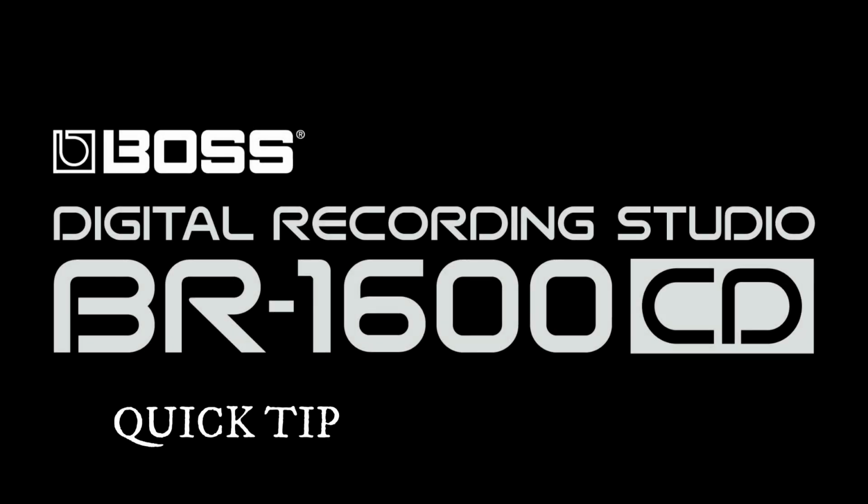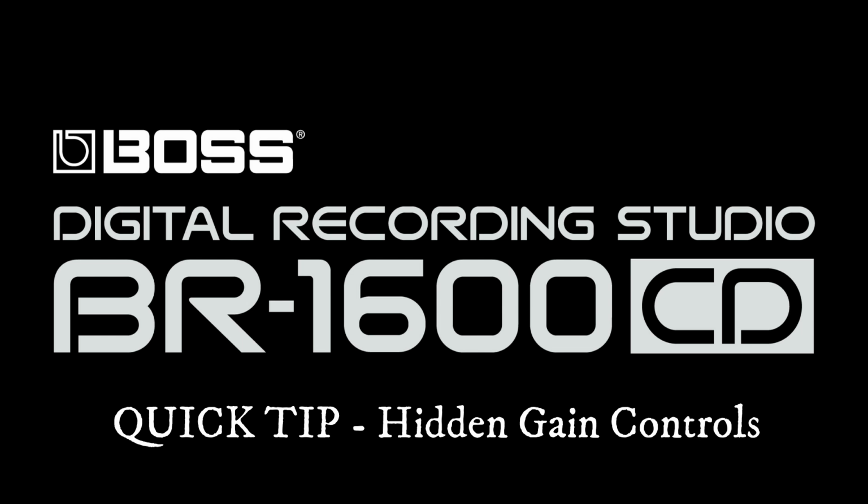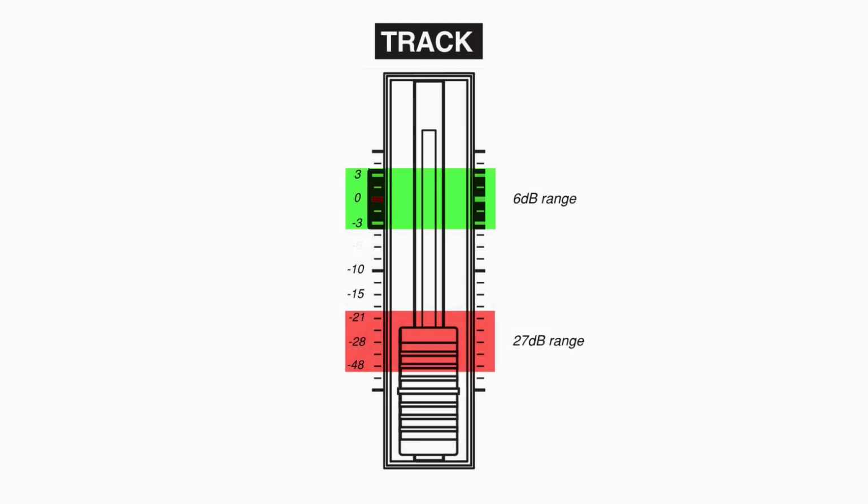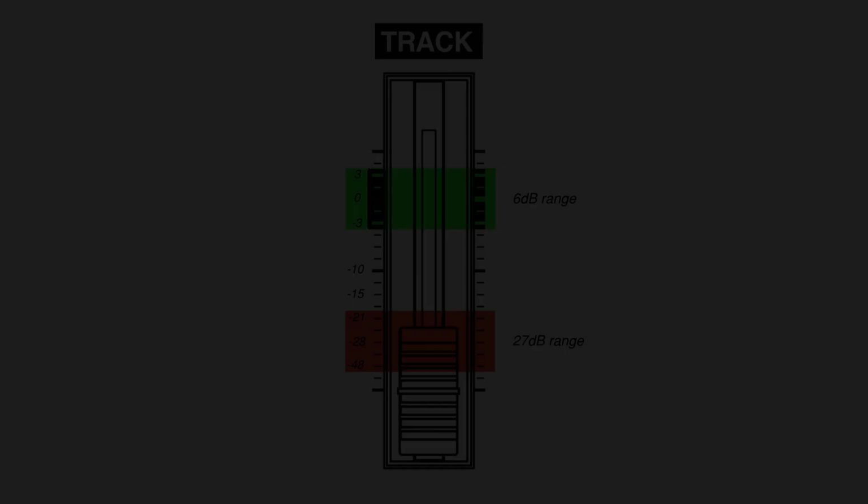For this tip, we'll look at a couple of ways to adjust the gain of a track using an undocumented trick on the BR1600. Once your tracks are recorded to the BR1600, ideally the track faders should be located at or close to Unity. The faders are designed to have the finest control and highest resolution over any volume changes at around Unity. There are three undocumented ways to adjust the track gain on the BR1600.